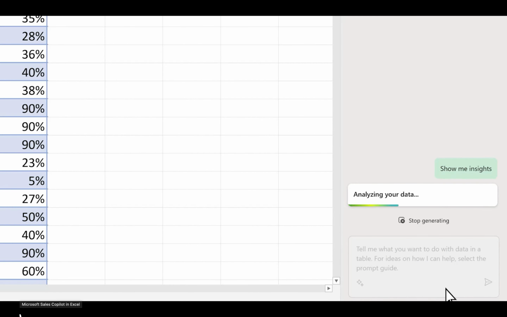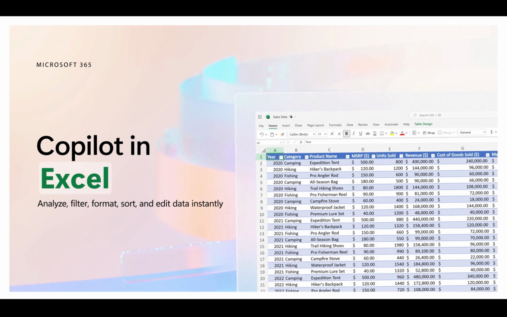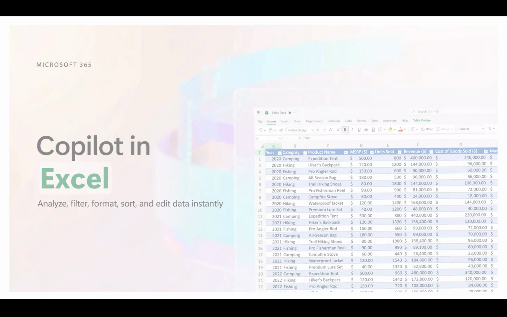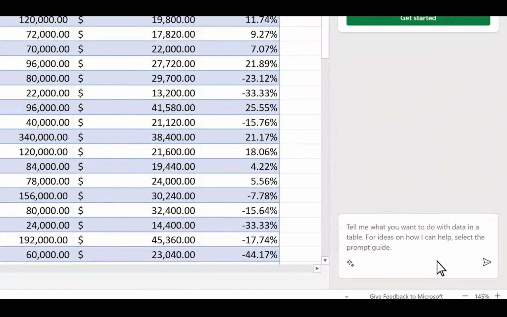In this video, we will look at what Copilot can do in Microsoft Excel. As I don't have a Copilot subscription for Microsoft 365, I'm going to use Microsoft's footage of Copilot in Microsoft Excel. Be more analytical. You can use natural language to have Copilot add new columns and create data to analyze based on what you want.